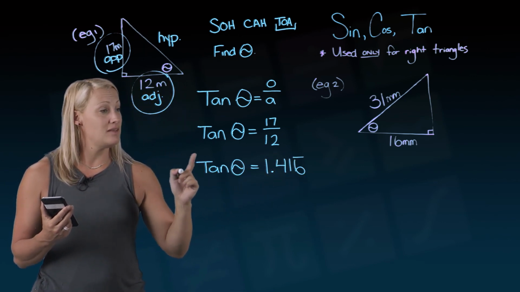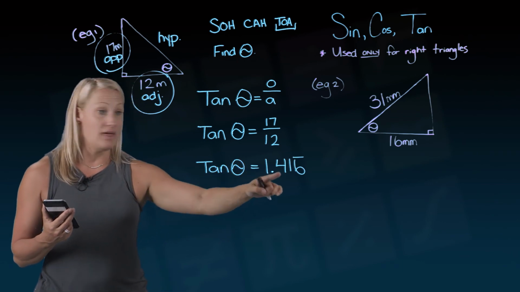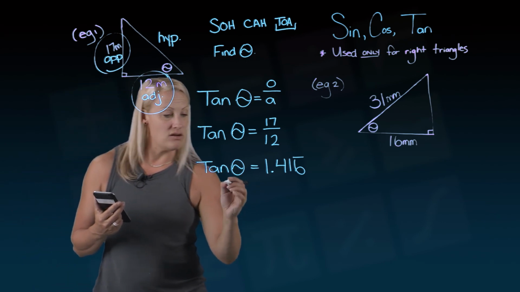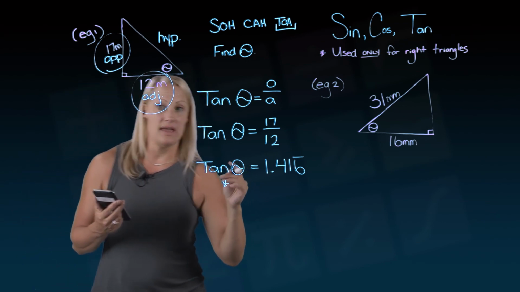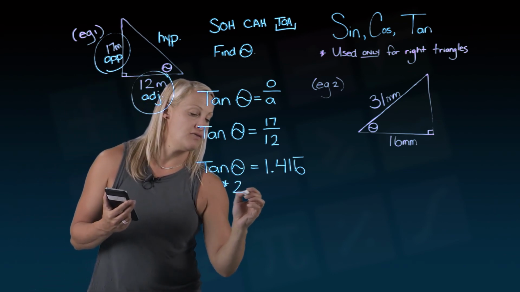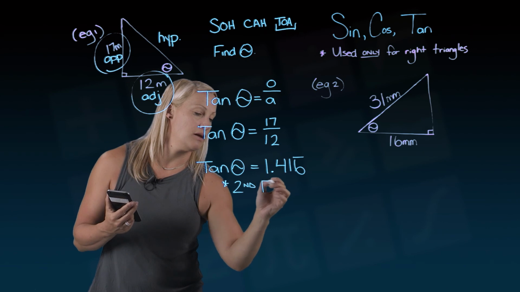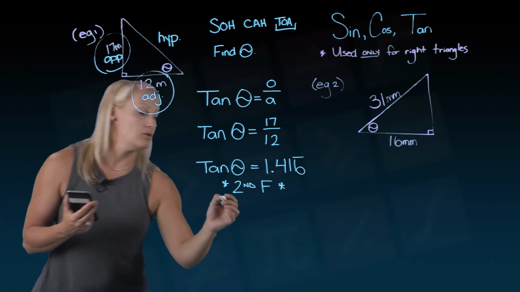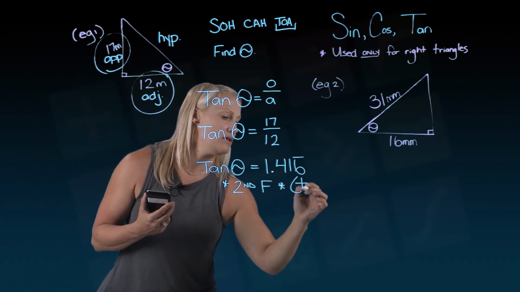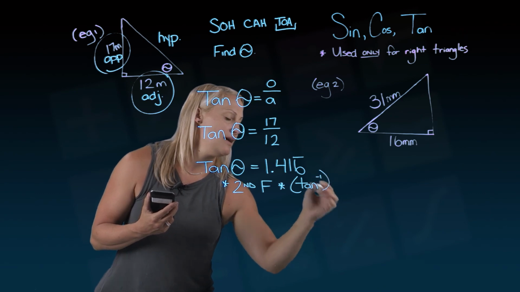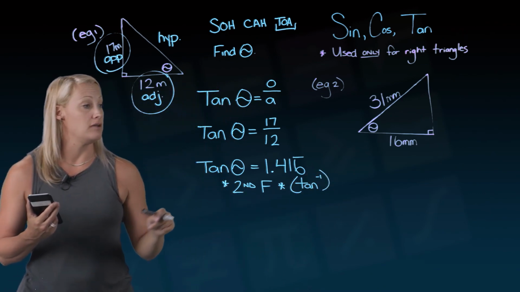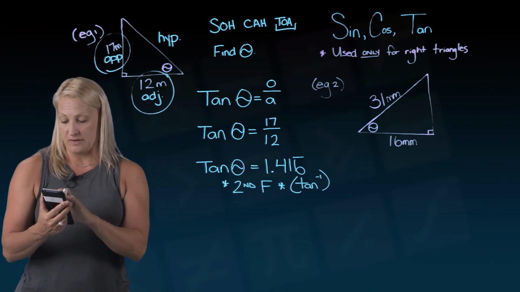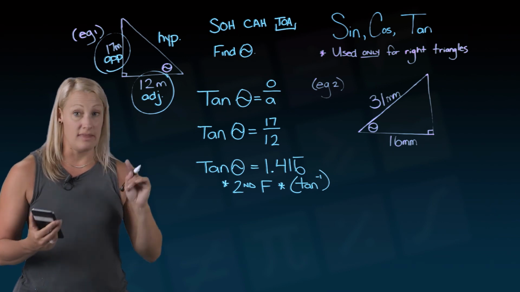And here's the trick to this question: I'm trying to find that angle. That's not the angle. That is the tan value for that angle. In order to find the angle, I'm going to have to press either inverse tan or second function tan, depending on your calculator. For my calculator, I'm going to use my second function button. You might have a calculator that looks like this, tan with a -1. The inverse tan, you've got to press that on your calculator. So I have 1.416 repeating on my calculator right now. I'm going to press second function tan equals, that's my answer.